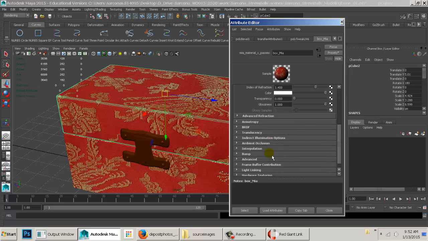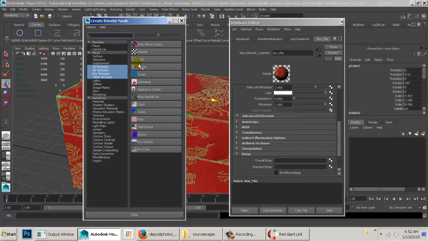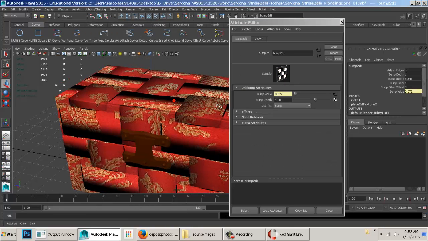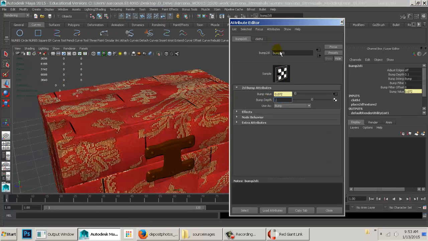I also want to do a bump map. So I'm going to go to bump map, go to standard bump, and I'm going to add a cloth to this. So there's a cloth bump. And you'll see it's going to look horrible here. But once I take this and lower the value, 0.05 should be good. Go to my